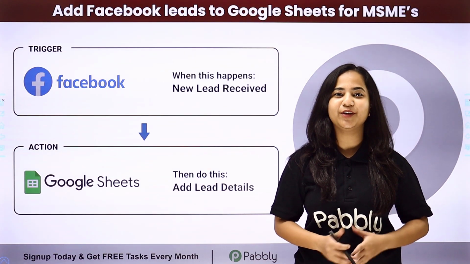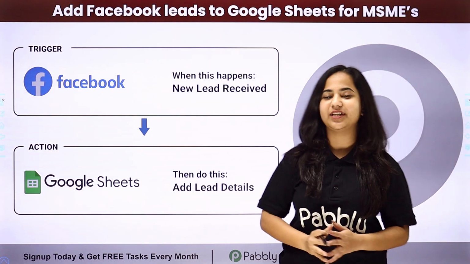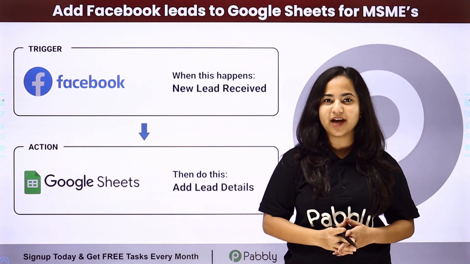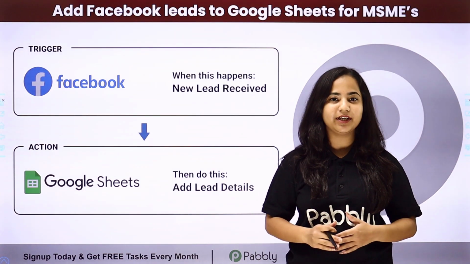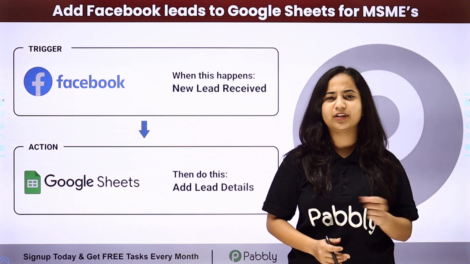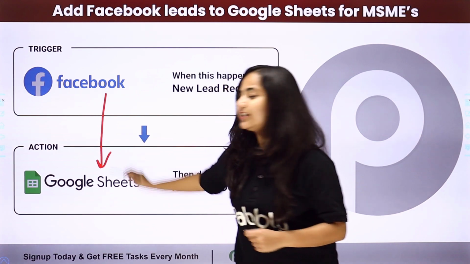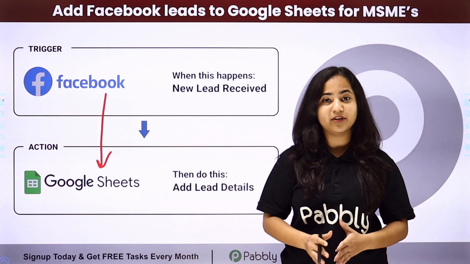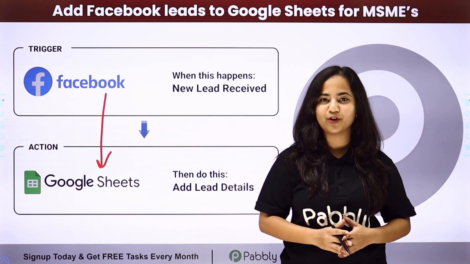Today in this video, we are going to see how to add Facebook leads to Google Sheets for MSMEs. I run a small business of tires and here my objective is that whenever I generate a new lead through Facebook lead ads, I want to add all the lead details into my Google Sheets. For that, I'm simply going to create a connection between Facebook lead ads and Google Sheets in such a way so that whenever a new lead is generated through Facebook lead ads, all the lead details would be automatically added